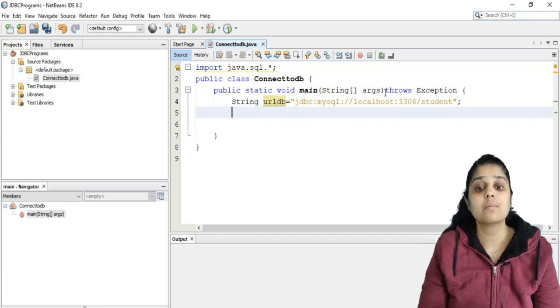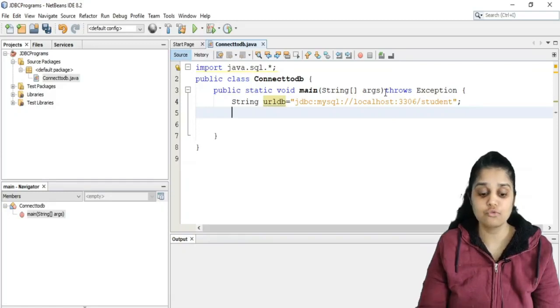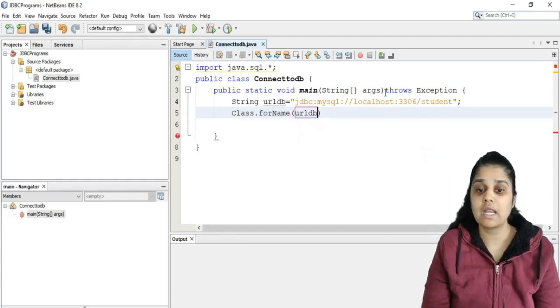Second, I am connecting with MySQL database, therefore I need to register or call the MySQL database driver. So for that I have to register the driver. I can register the driver using the Class class. The Class class has a method called forName.